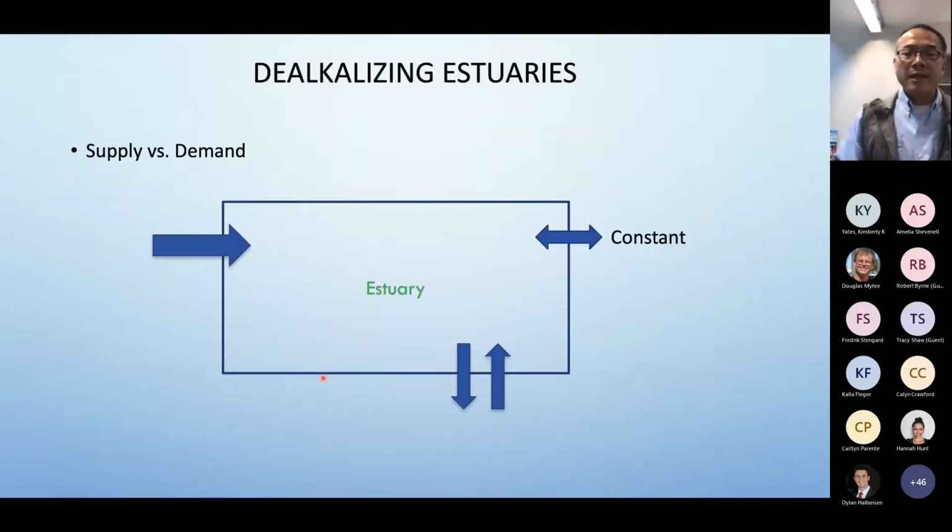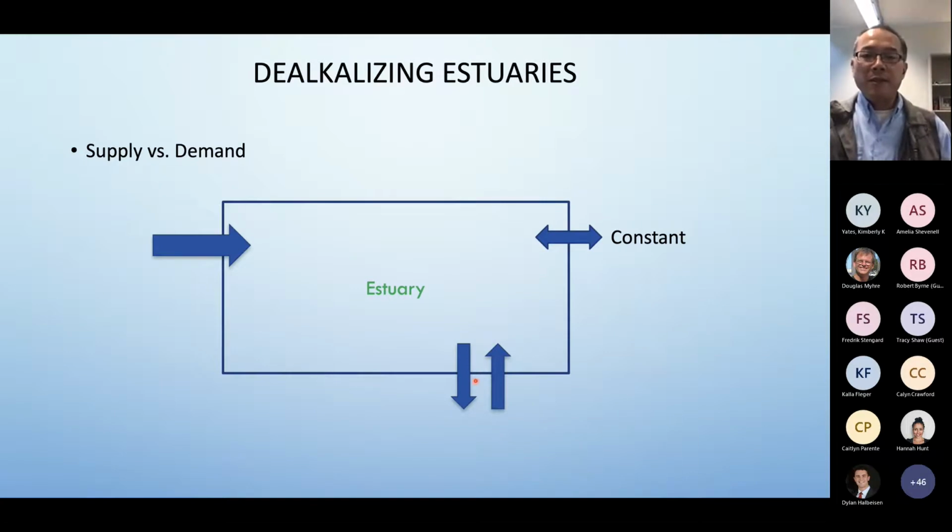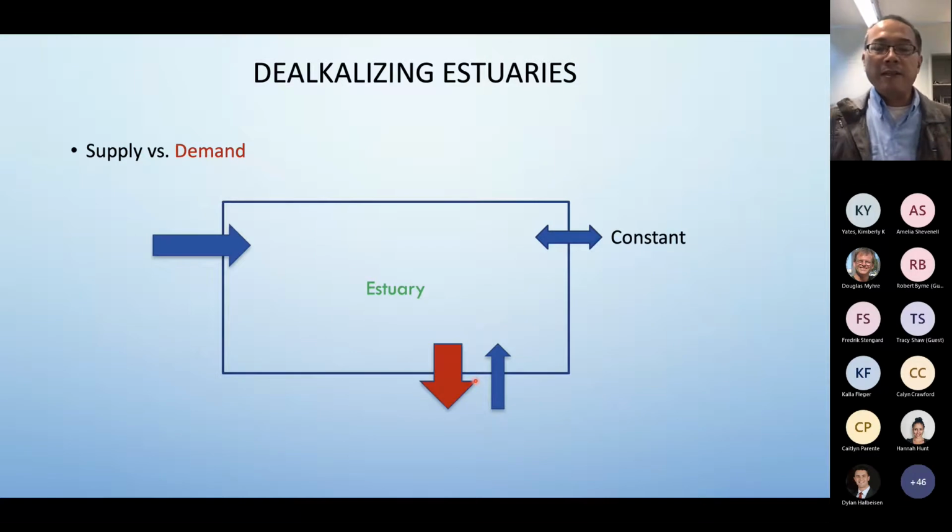So that's on the supply side. And then also we need to look at the demand side. The reason for doing so is because of what we saw. Let me show you here. The conjecture was that not only may you have a decrease in the supply, but because water is so shallow, the water residence time can be pretty long, up to a year. And given the shallow water, there may be plenty of opportunity for things to react.